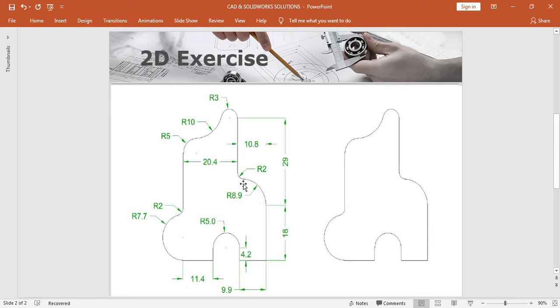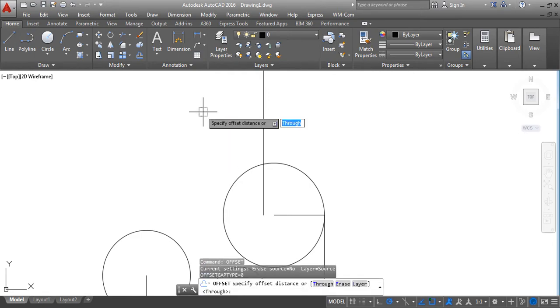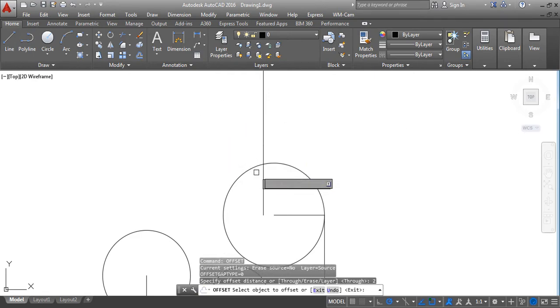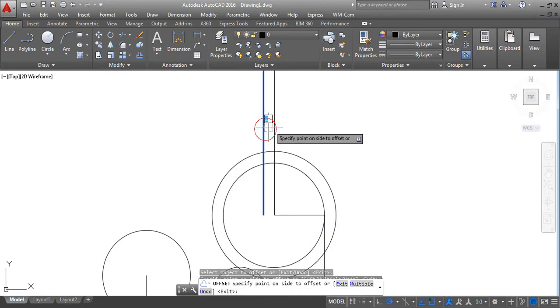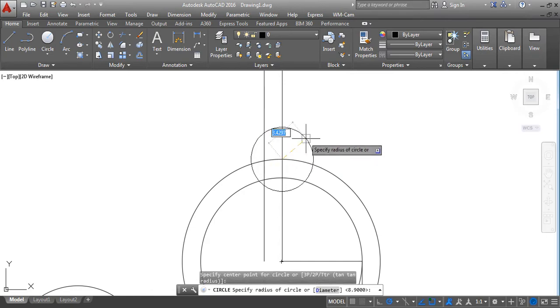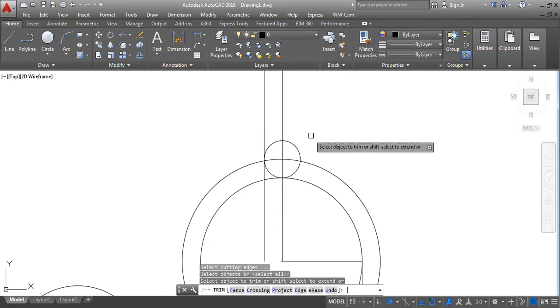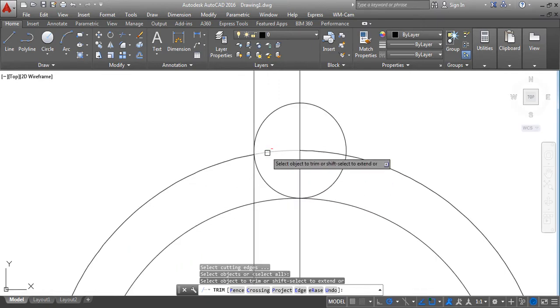As we have seen, the center of the 8.9 circle is not exactly in the same line as the one offset at 10.8. So we use the same method: offset 2, enter. We offset this at distance 2, and then we come with a circle 2, enter, and then we trim our circle